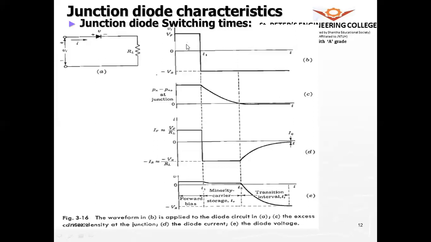So there should be current, and immediately there should not be current flow when it has gone into the reverse bias. But the charges don't become zero immediately, so they still continue to flow, but then they die down. The excess charges are taking time to become zero, to cross back the junction. So this is the charge density.